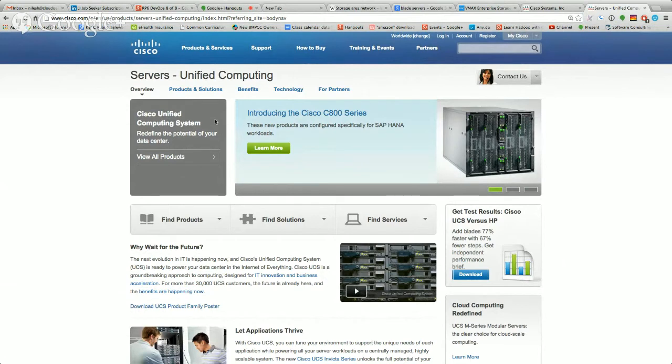Chef is one of the tools that will help you manage your collection of machines, either inside or outside, wherever you want them to be. So that's the tool set that we got some exposure to, right?